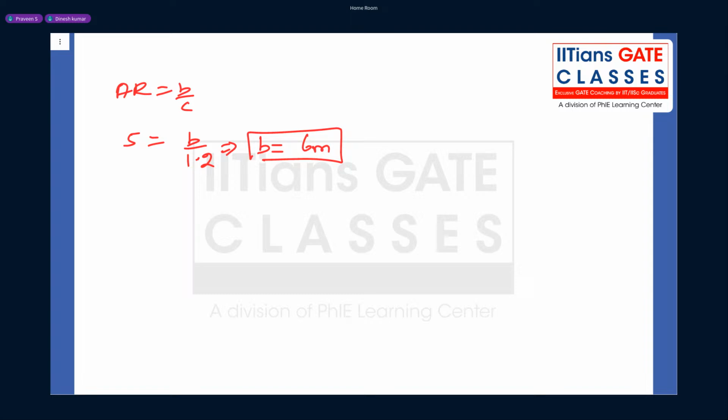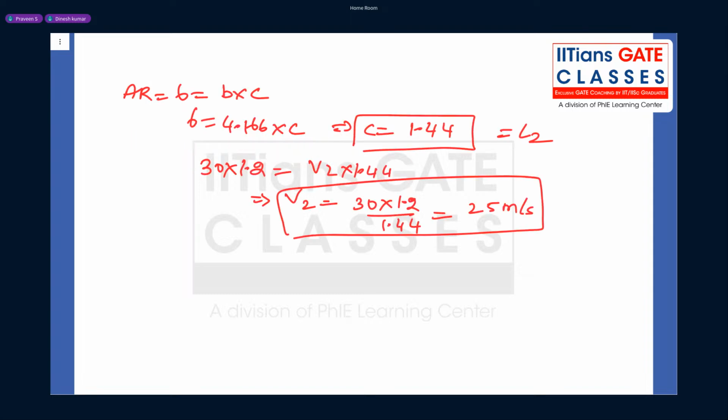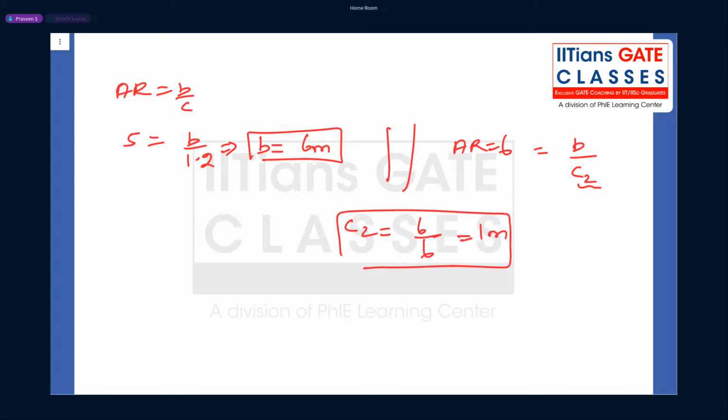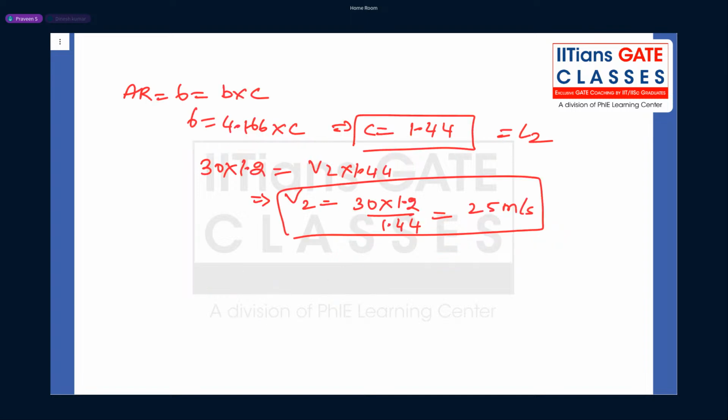So let's keep this. Now for the second case, the aspect ratio is given as 6. That is again B by C2. B is fixed in a wind tunnel, so only C2 varies. That means C2 can be obtained as 6 by 6, which is 1 meter, and this is my L2 obviously. So I can write V1 L1 is equal to V2 L2, and substituting the data, I have 30 times L1, which is 1.2,